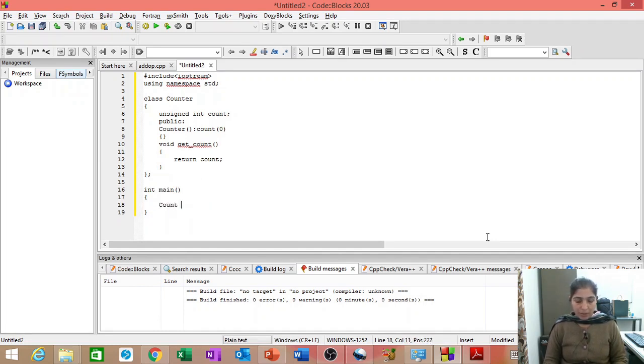Let us create a counter class object c1, and then let us write c1 dot get count, return 0. So what do you think will be the output of this program? It will return us the value of this count object c1, and what will be that value? That value will be 0 because it has been initialized to 0 through this constructor.